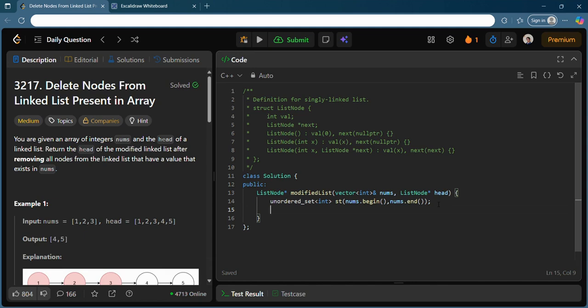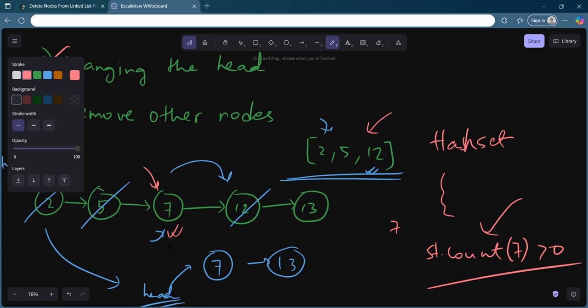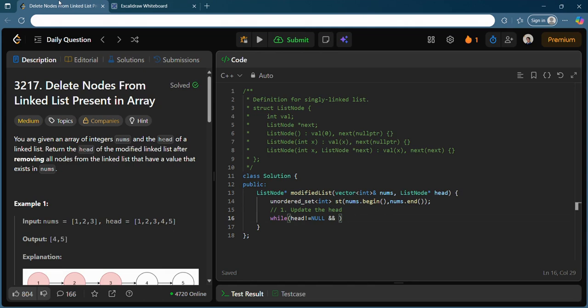We need to now update our head, right? As I told you, the first step is to update the head. So what I can do: while head is not null, and we need to see when we need to remove the particular head, only if it is present in the hash set, right?